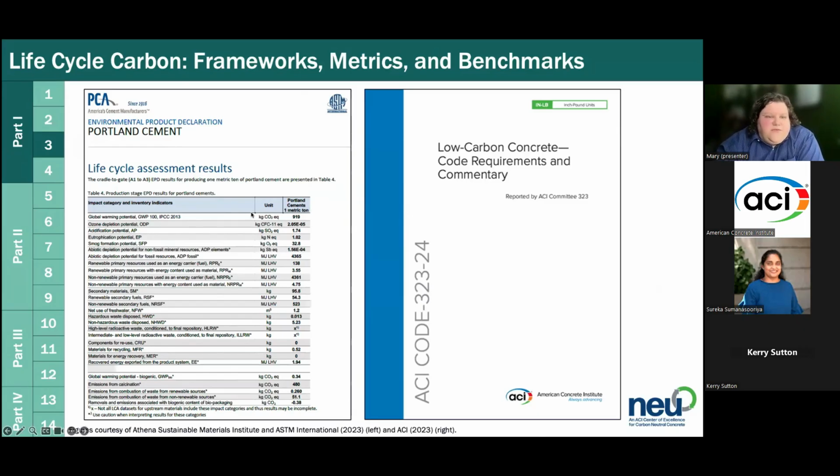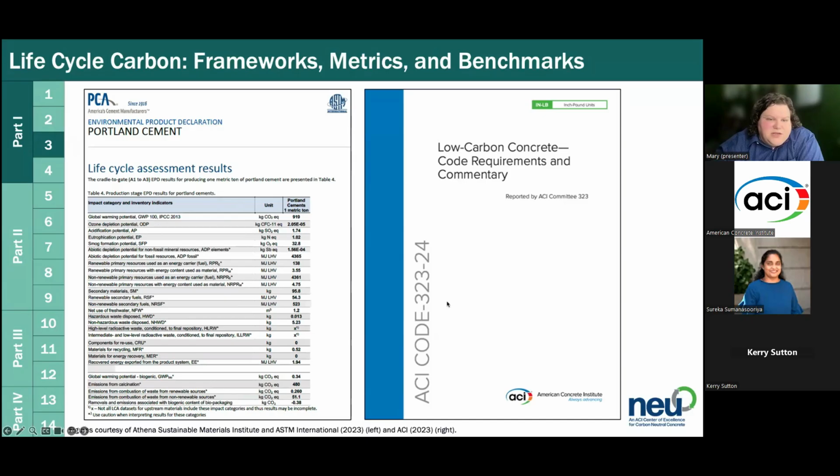And so this is a way for us to quickly and easily say what is the environmental impact of these materials that we're considering? And the reason that we talk about EPDs and LCAs, and I won't go into all those, but they're all in the chapter, is because we need those in order to quantify and say, are we achieving low carbon concrete? Because you can say, theoretically you are, but it's really better if you can get some numbers behind that and some data, right? And so these EPDs are super helpful there.